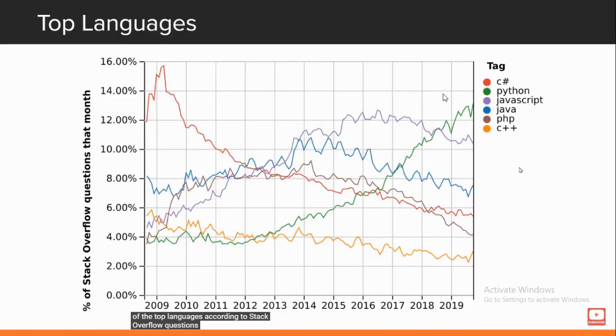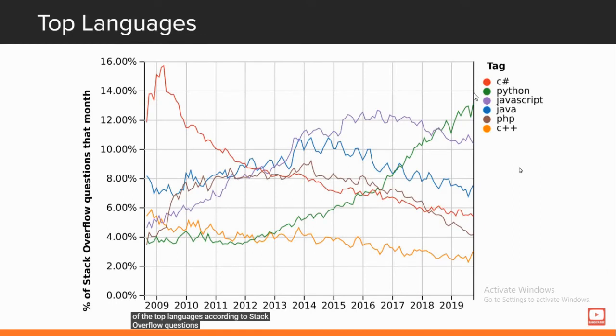Okay, so as you can see, according to Stack Overflow, questions per month are on the y-axis, and the years run from 2019 way back to 2009. JavaScript is the white line here. It has become really famous over time, as JavaScript can be used everywhere. It's not only used in front end development, it can also be used in backend, as we have discussed with Node.js, right? You can also use JavaScript for mobile development.